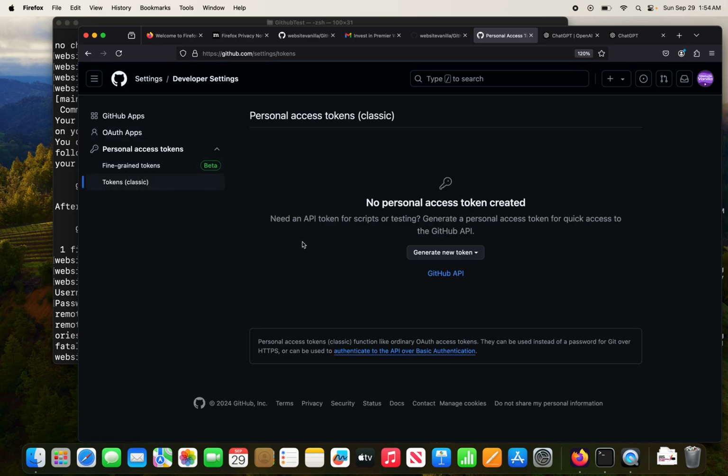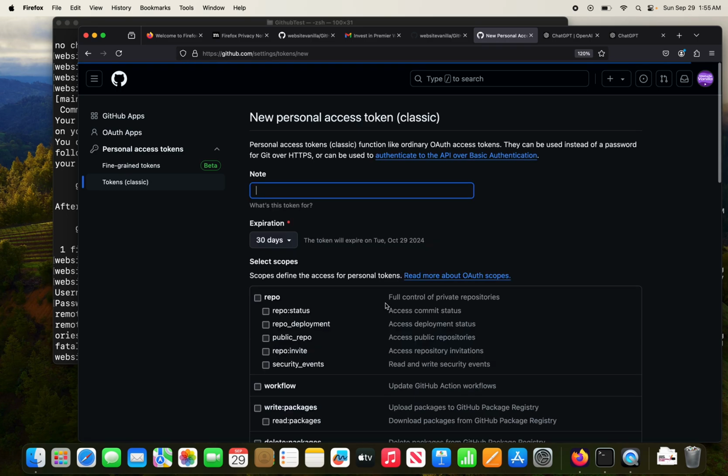So I need to create a token. Okay, generate new token, classic. I'm gonna go with the classic. And here you can see below they say personal access tokens classic function like ordinary OAuth access tokens. They can be used instead of a password for Git over HTTPS, which is the one I'm gonna use. So I'm gonna say generate new token classic, and then I'm just gonna name it website vanilla token